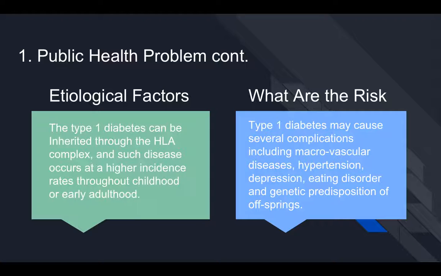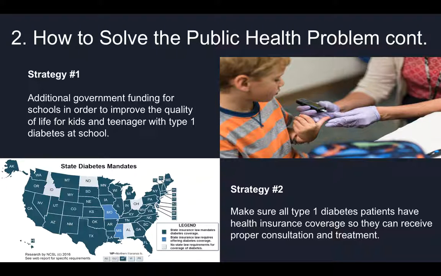Type 1 diabetes may cause several complications including cardiovascular disease, hypertension, depression, eating disorder, and genetic predisposition of offspring. There are two strategies of type 1 diabetes treatment. As we all know that type 1 diabetes occurs earlier in life, strategy 1 is to increase government funding for school on improving the quality of life for kids and teenagers with type 1 diabetes. Because students with type 1 diabetes need additional medical care including healthy diet, medicine, and nurses to monitor glucose level